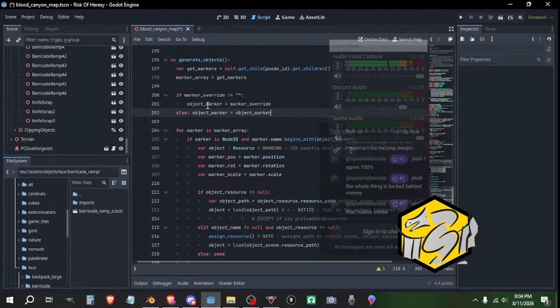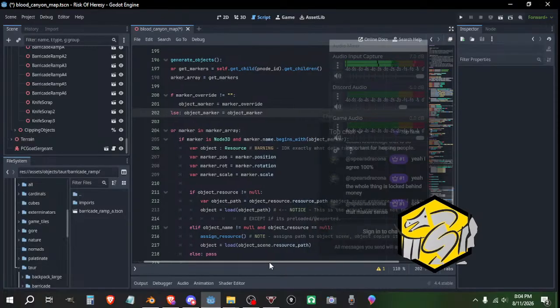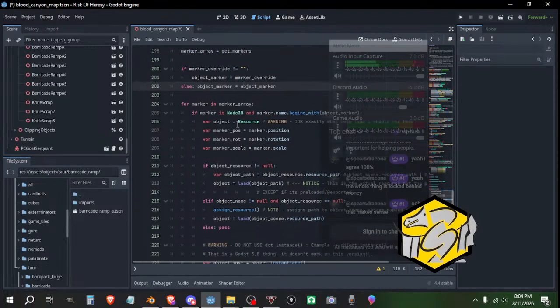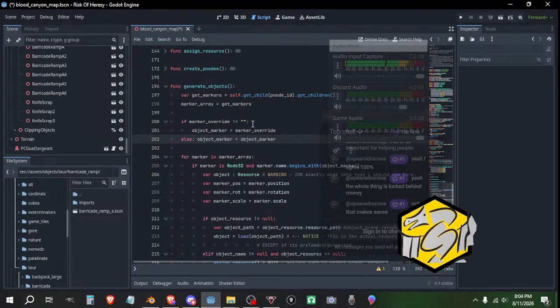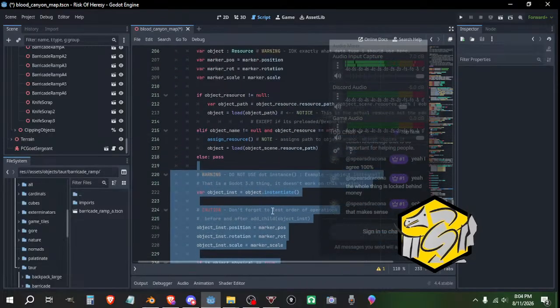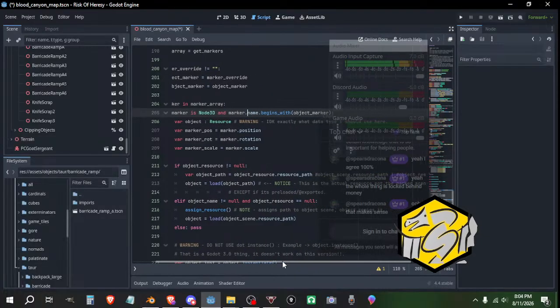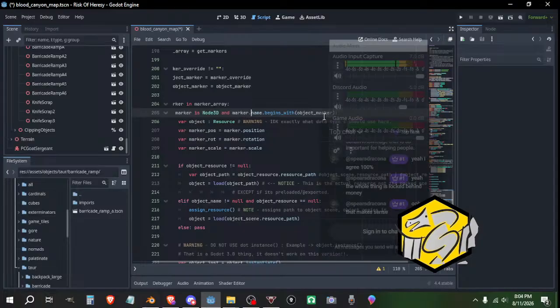So, if marker override is not blank, object marker equal marker override. We know that works. Else object marker equal object marker. Good. This was an issue anyways. We fixed it, so we don't have to worry about that. So we got get markers, marker array equal get markers. So right here might be the start of our problem. If marker is node 3D and marker.name begins with object marker,